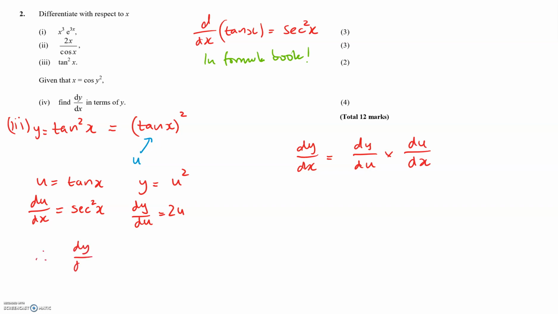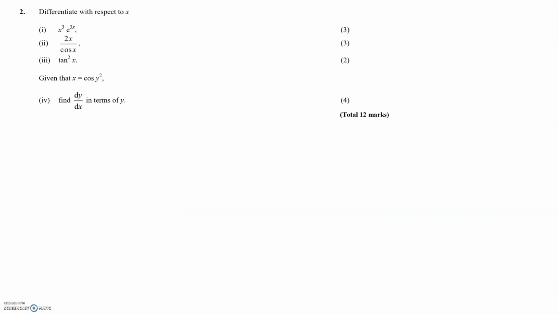So dy dx is dy du, which is 2u, times du dx, sec squared. But I need to write this in terms of x. I'm going to sub u back in, and u is just tan x, so it's going to be 2 tan x times sec squared x. That's part III. Part IV, or part 4, as we should say, says find dy dx in terms of y